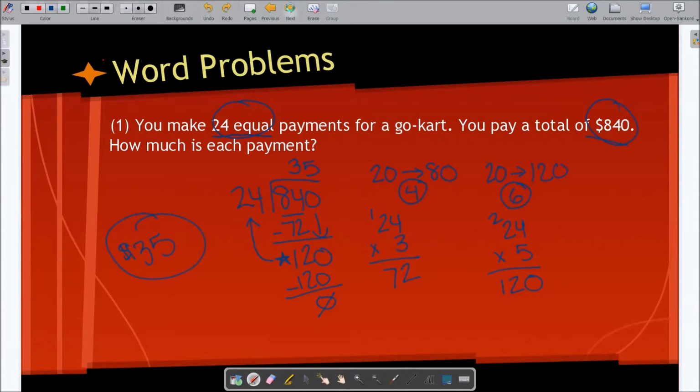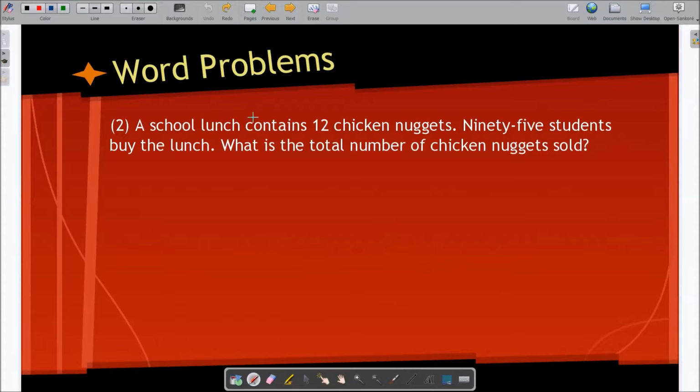Our second word problem: a school lunch contains 12 chicken nuggets. 95 students buy the lunch. What is the total number of chicken nuggets sold? When we're asked for a total, we know we're always talking about addition or multiplication. Since we are talking about equal groups here, because every single kid is buying exactly 12 chicken nuggets, we want to use multiplication. So we're going to take the 95 students, multiply it by the 12 chicken nuggets that each